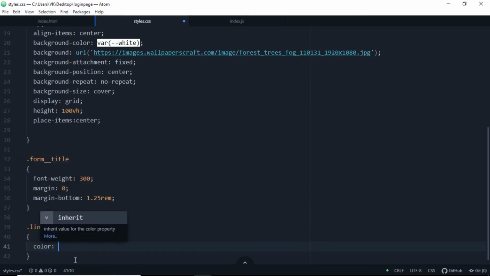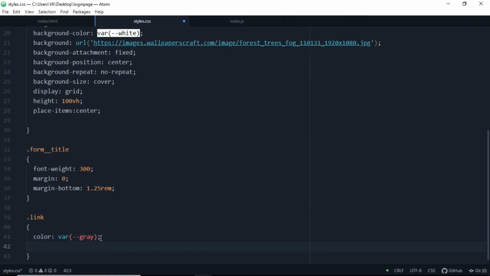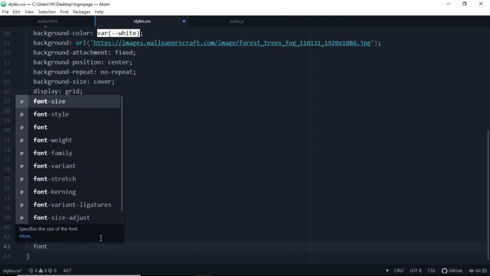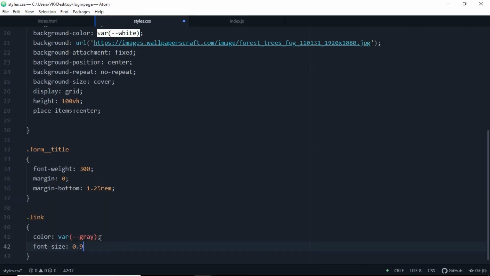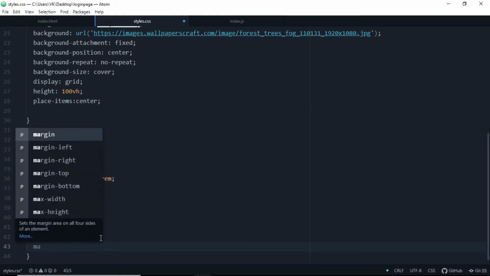And color, we are going to use var, which is a variable, and the color we are going to use is gray. So it makes it easy to not remember all those hex codes, we can just remember the color names.